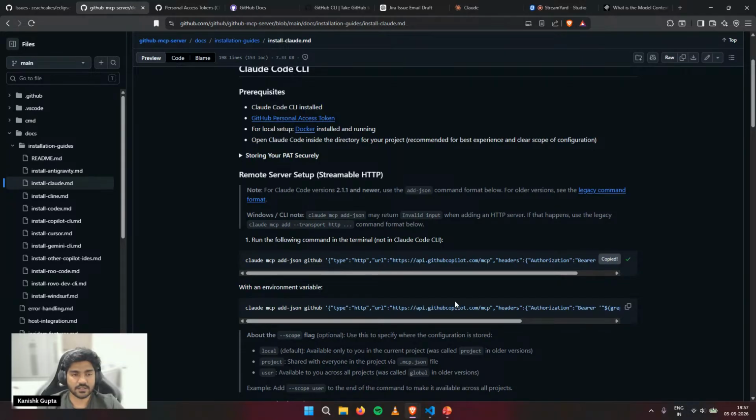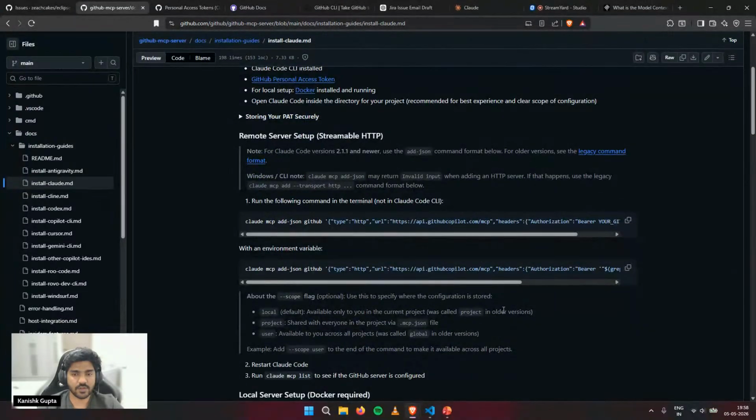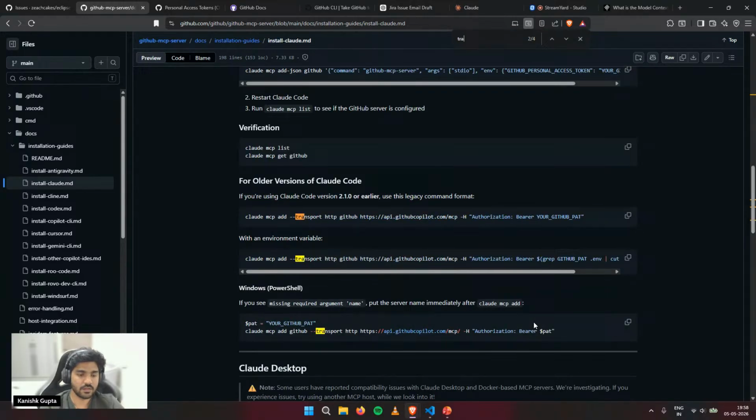Now there is this command that you have to run in your terminal to be able to set it up on your machine. For Windows, you might face an error where it says that this command is invalid or it does not recognize that particular command. So you can just look up this under for older versions of Cloud Code. You can look up this command, Claude MCP add --transport, and